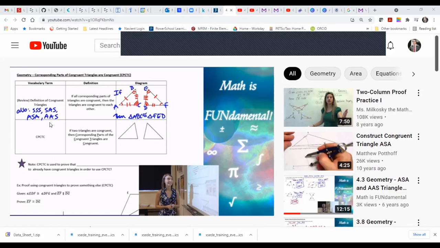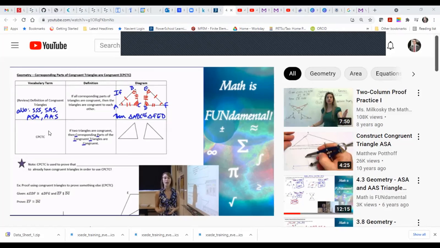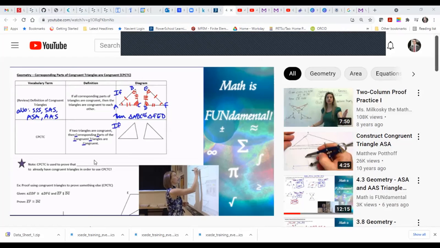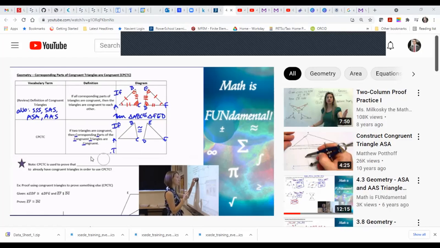So CPCTC stands for: if two triangles are congruent, then the corresponding parts of congruent triangles are congruent. So I've underlined the letters CPCTC, which is where it comes from. And what this means is that if triangle ABC is congruent to triangle FED, so if we know that the triangles are congruent, we're given that information or we figured it out, then